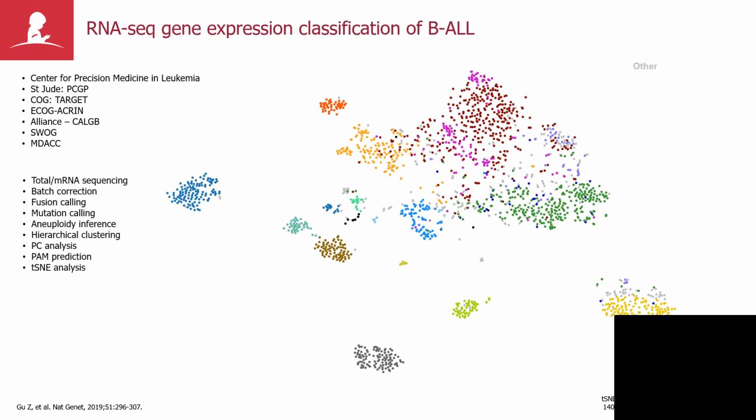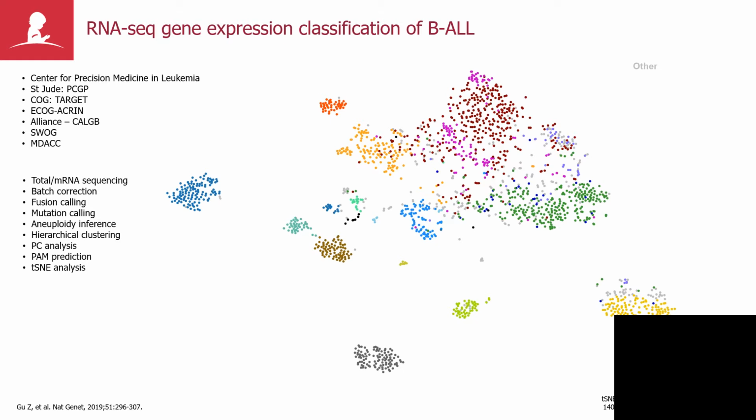What I show on this slide is a transcriptome-based report of classifying ALL using almost 2,000 transcriptomes from approximately 2/3 in children and 1/3 in adults, every case subjected to transcriptome sequencing and a proportion to SNP array profiling and whole genome sequencing to fully understand the nature of genetic alterations.